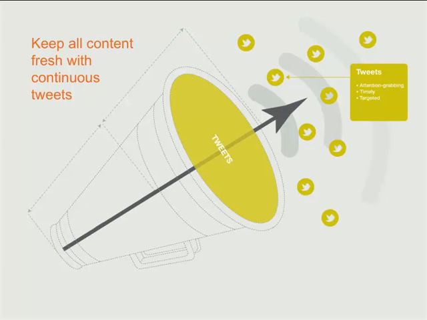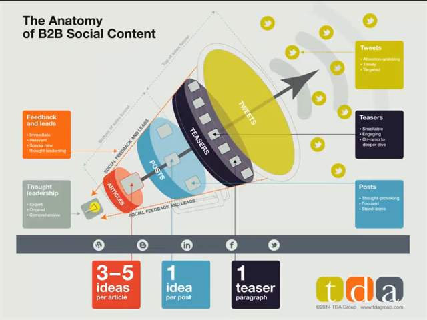Now, the white paper piece will have longer legs than that, but the context in which people are going to be interested in those ideas and that thought leadership is going to change over time. So you want to write tweets when you create your piece, but then recognize you may need new tweets in a few weeks or months that are designed to put a new take, a new twist, a new reason in today's context, in the current context, for why someone would be interested in that content stream that you've established earlier. So tweets are attention-grabbing and timely and targeted.